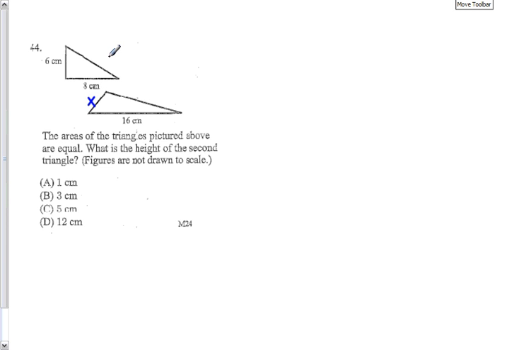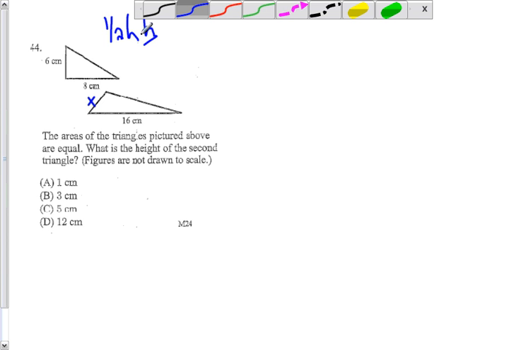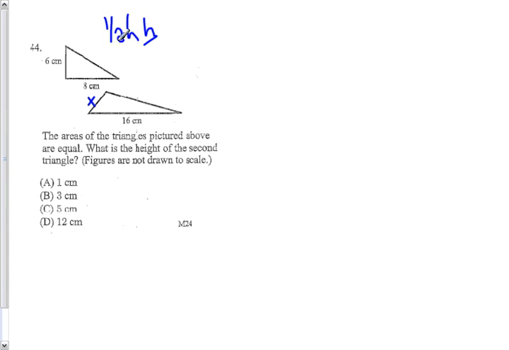The areas of these triangles are the same. You have to recall the formula for the area of a triangle is 1/2 the base times height. Or you can just think of it as a rectangle that has been cut in half. And so you need to take half of what would be